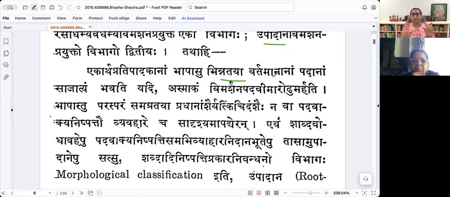Ekartha pratipadakanam kintu bhashasu bhinnataya vartamananam padanam sajatyam, similarity. Why mother becomes mata is a comparison that we do. Okay, vimarshana padavim arodhum arhati. Bhashastu parasparam samagrataya pradhana amshaihi yatkinchid amshaihi nava padavakya nishpatto vyavaharecha sadrishyam apadyeran. It is possible that they sadrishyam